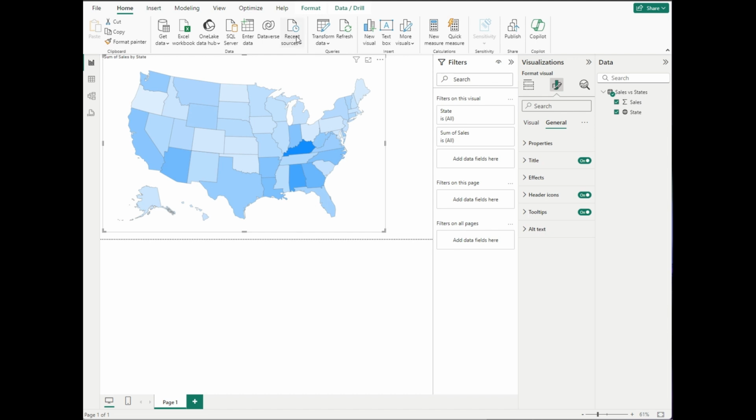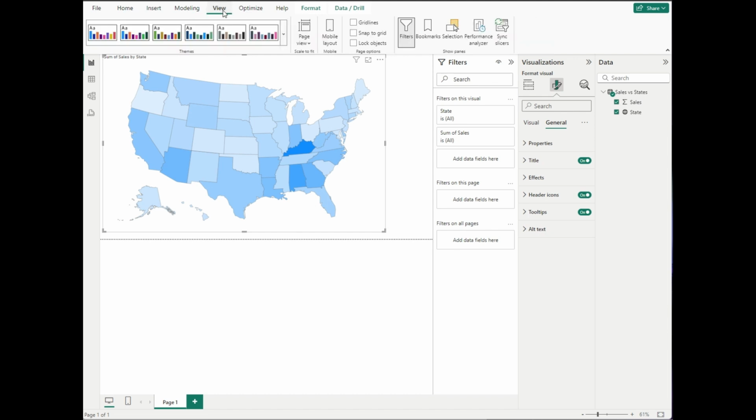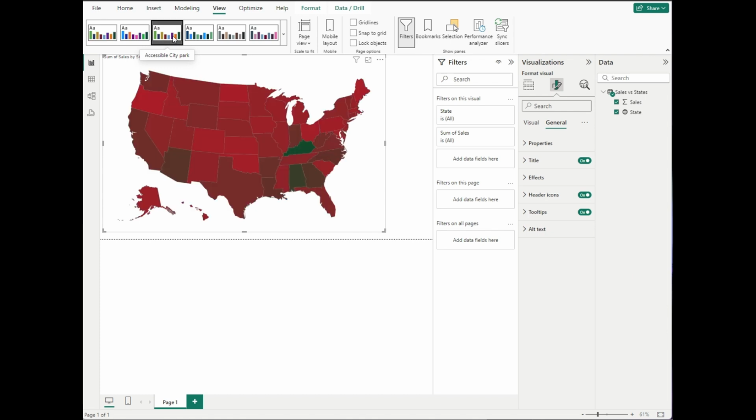You can customize the colors used in the visualization. You can use any of the 3 theme colors. You can also apply borders to create greater separation of the states. You can also customize the colors used in the visualization by going to the Fill Colors option in the Format